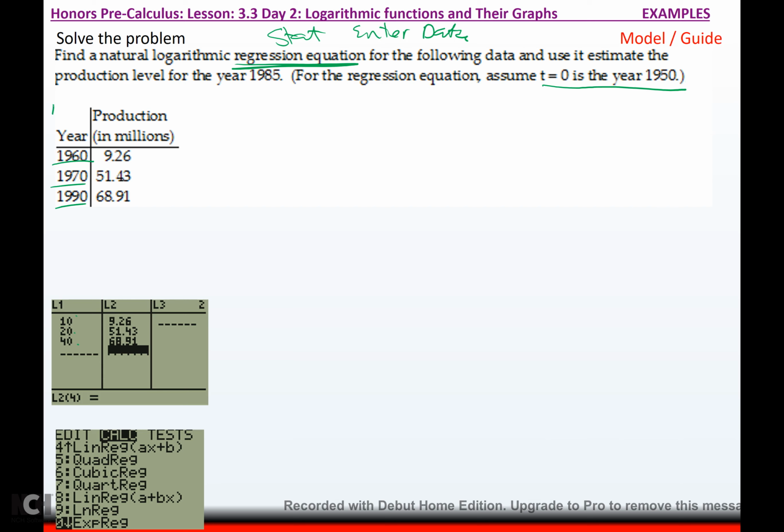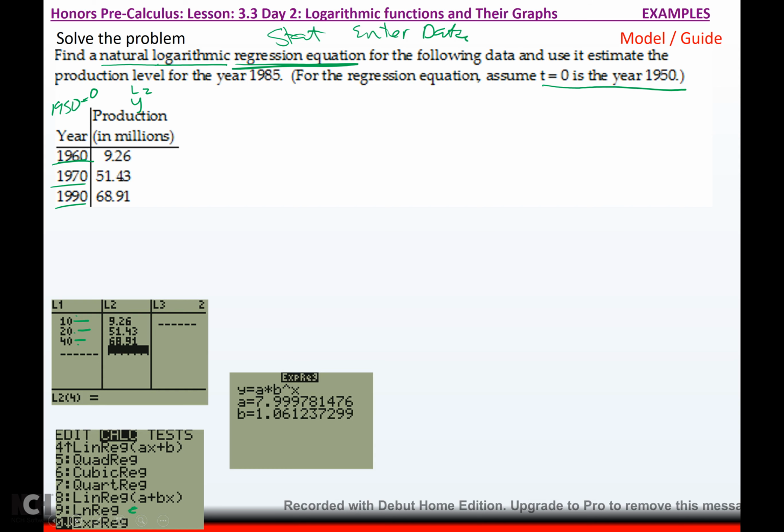So if 1950 is 0, then 1960 is 10, 1970 is 20, and 1990 is 40. And then I put my y values in for L2. And I go to second calculate, and it says to make a natural logarithmic regression. And do you see this choice 9 where it's got ln reg? That's the one you're going to pick, okay? And it will give you